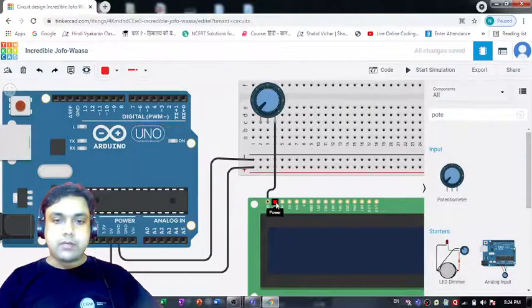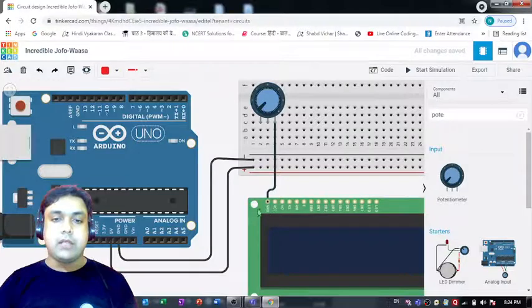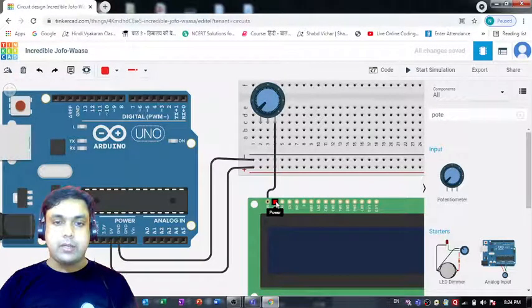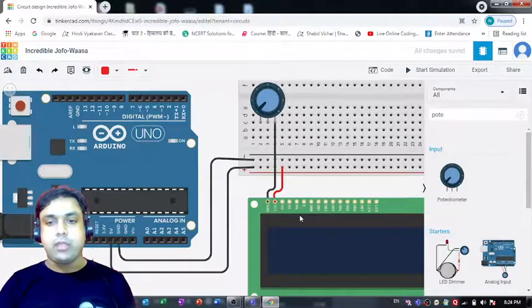Okay, now let's make use of this red color wire, and it's the VCC, from which this LCD is going to get the power. So we need to connect it with the positive terminal of this breadboard, and we can just select this positive pin from here and connect this VCC to it like this. Alright, so that's how you need to understand all the points which are given on this LCD.